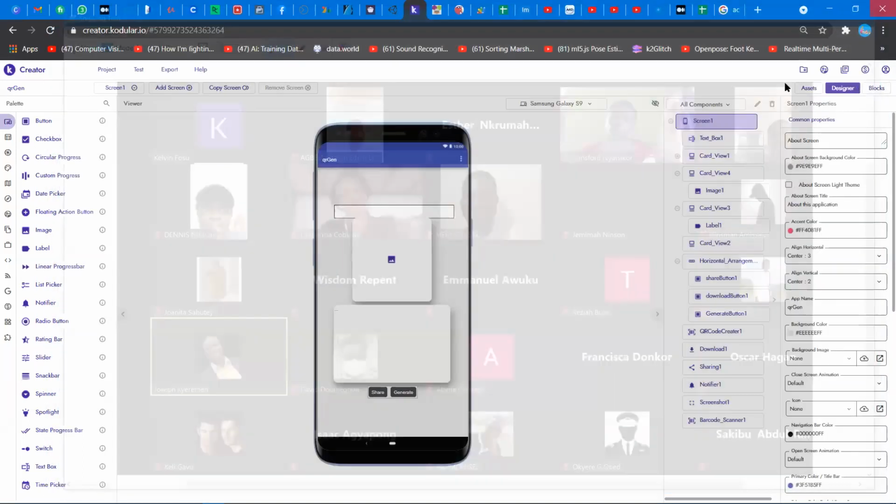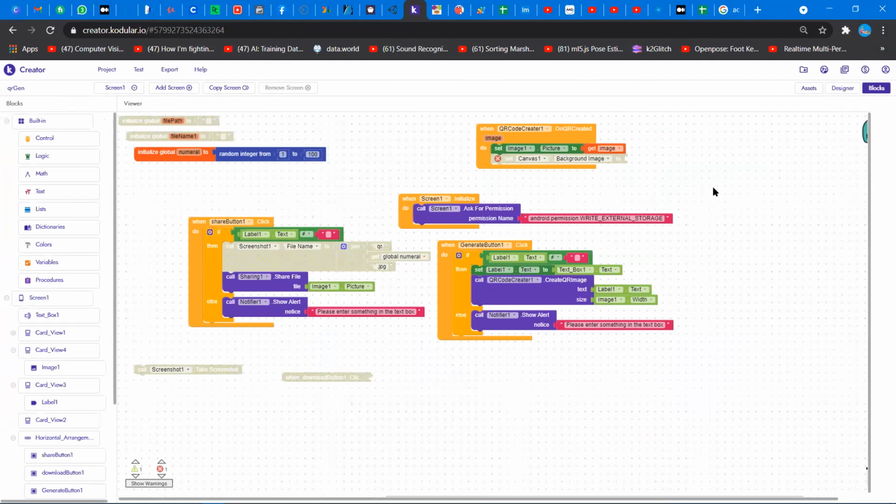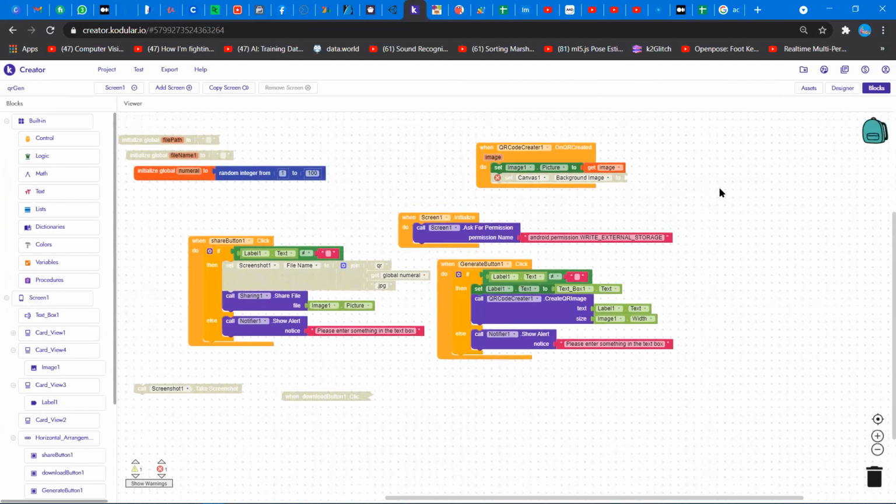Okay, so the designer, go to your blocks, okay? So 10 minutes, let me see. It's 4, so by 4:14 we should be done. Okay, so when QR code,